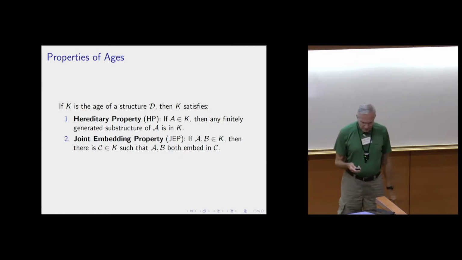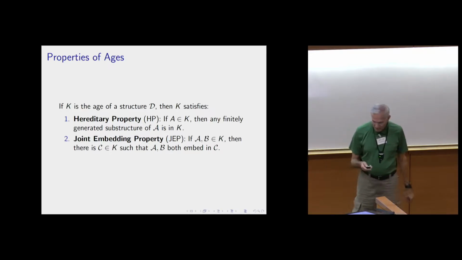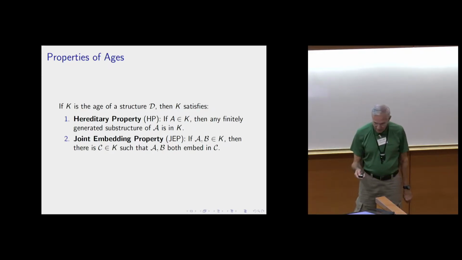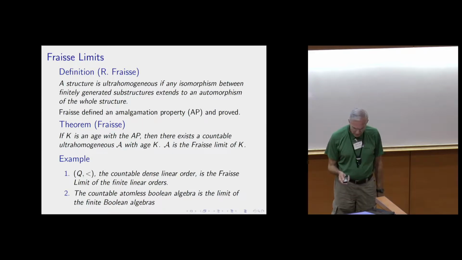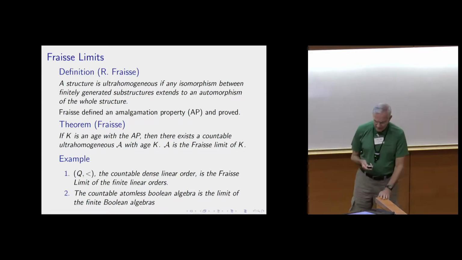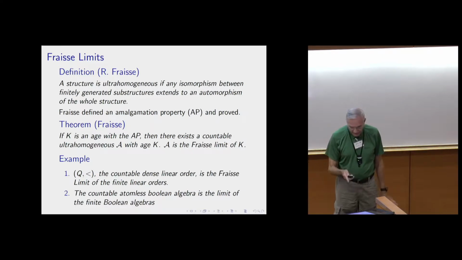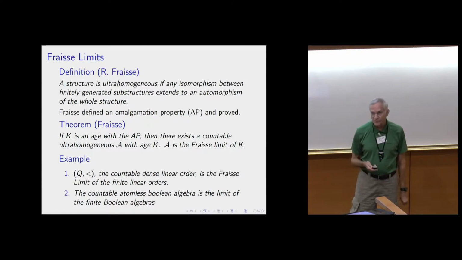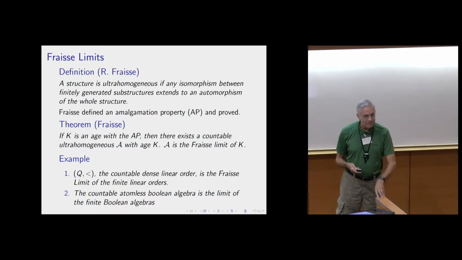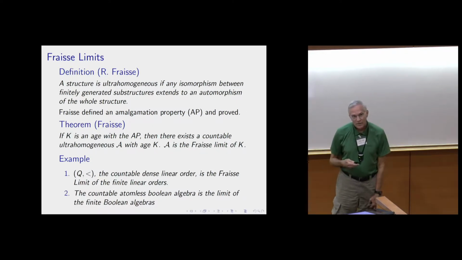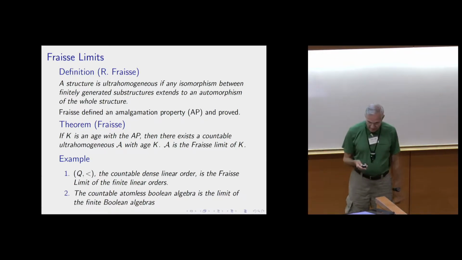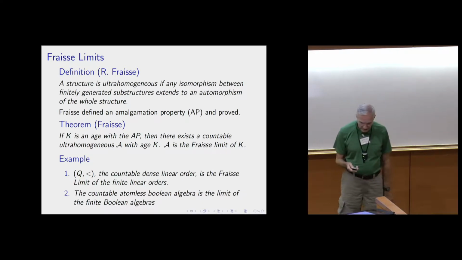So that's certain properties of ages. I won't really be talking about these, but it's some background. If you're familiar with these Fraïssé structures, this won't really come up in the talk, I think. Okay, so the Fraïssé limits. Fraïssé said that a structure should be ultra-homogeneous if any isomorphism between finitely generated substructures extends to an automorphism of the whole structure. In case the structure has functions, then you're not just looking at the points themselves, but also the closure under the functions. And Fraïssé showed that you always have a countable ultra-homogeneous structure if you have such an age.